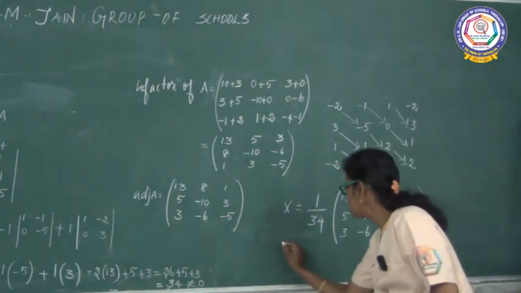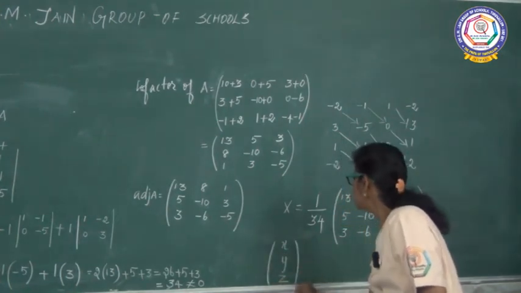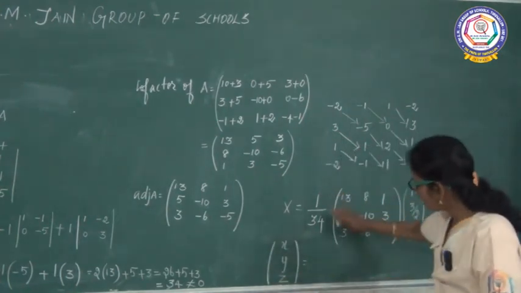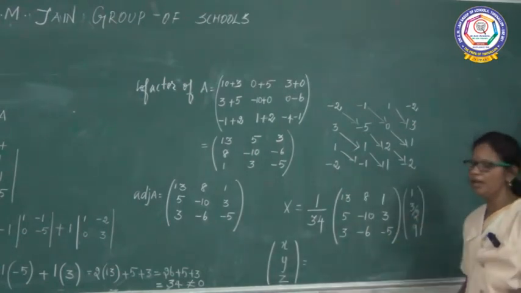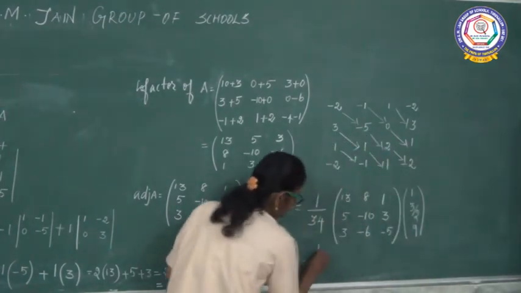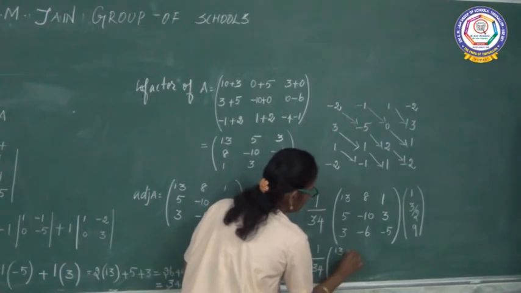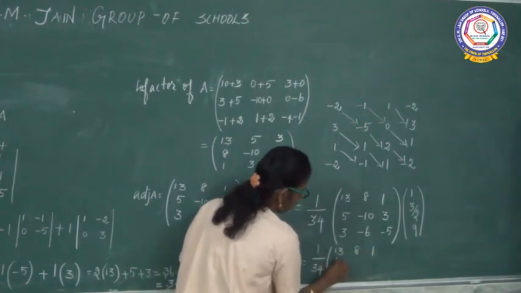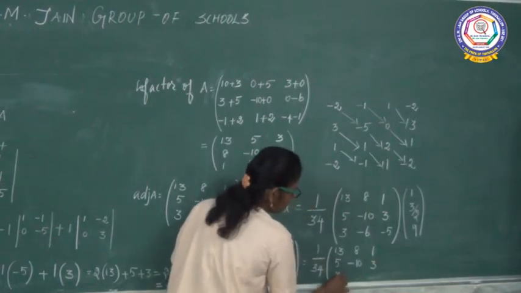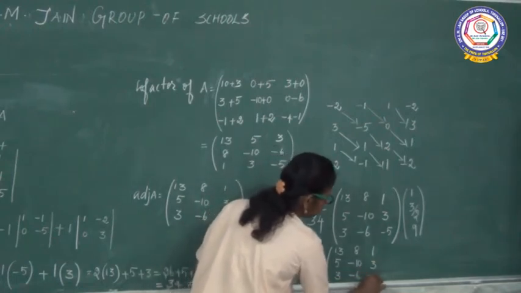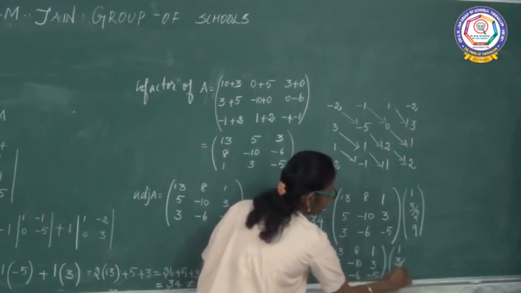X as x, y, z equal to the same thing what you wrote in the previous line, you are going to write in the next line also. 1 by 34 into 13, 8, 1, 5, minus 10, 3, 3, minus 6, minus 5, into 1, 3 by